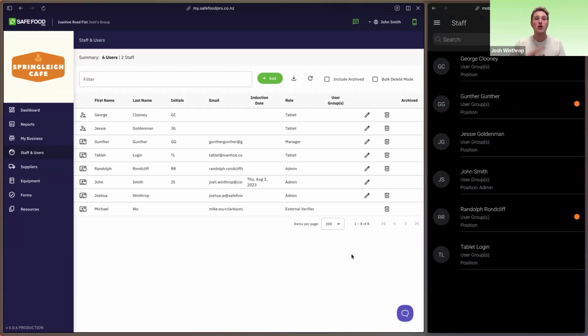Okay, now that is how to add a team member. This is just a person who's going to be logging in using the communal tablet and completing forms against their name. Now, if you want to set up a manager or someone of higher level access that will be able to log into the mobile app, log into the admin console with their own email address, we need to set up a user. So to do this, we click the green plus icon, select Add User,